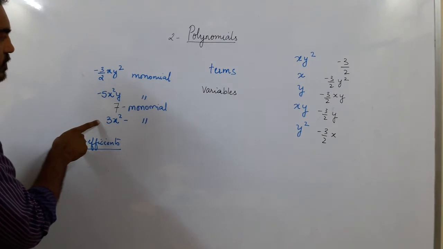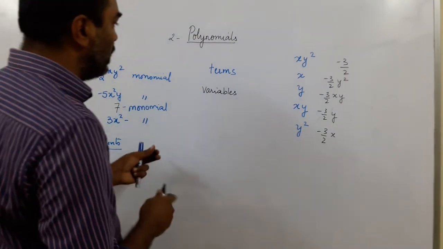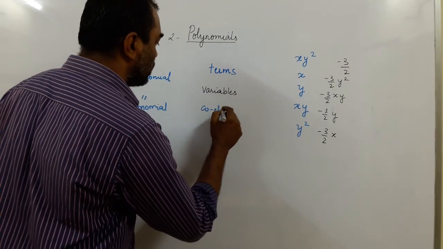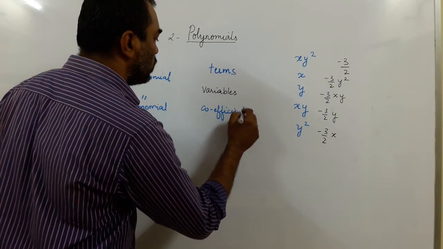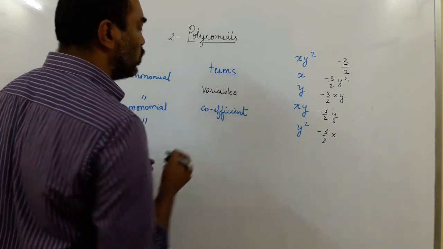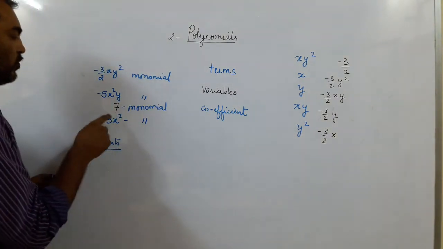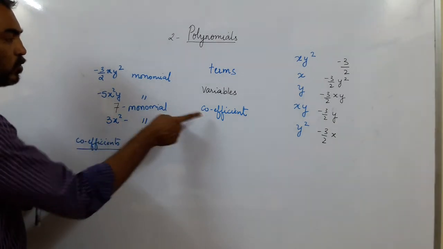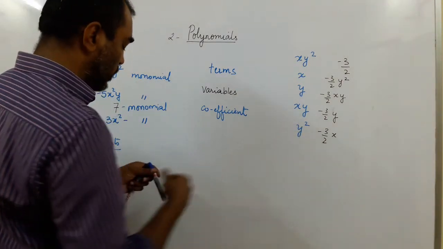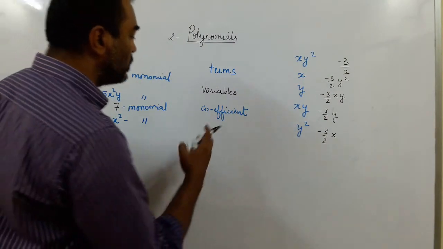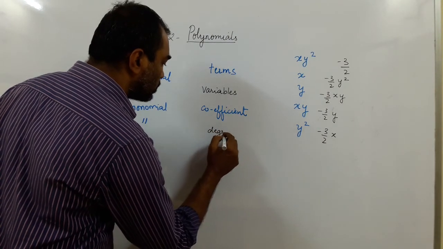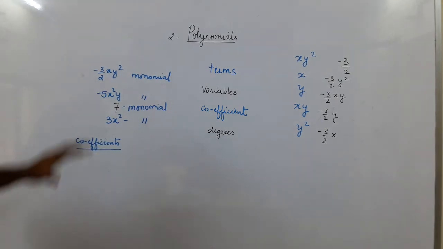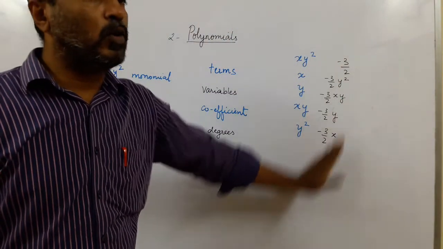Okay, the coefficients. So variables, and then we went to the coefficients. Now you can see coefficients can be a constant also, can be a variable also. The coefficient is of two types. The coefficient of x square is only x. So it can be a constant also and a variable also. I showed you an example. And the last thing we went to was degrees. So what are degrees? It is the highest power of any polynomial is the degrees. So this is understanding the polynomial.